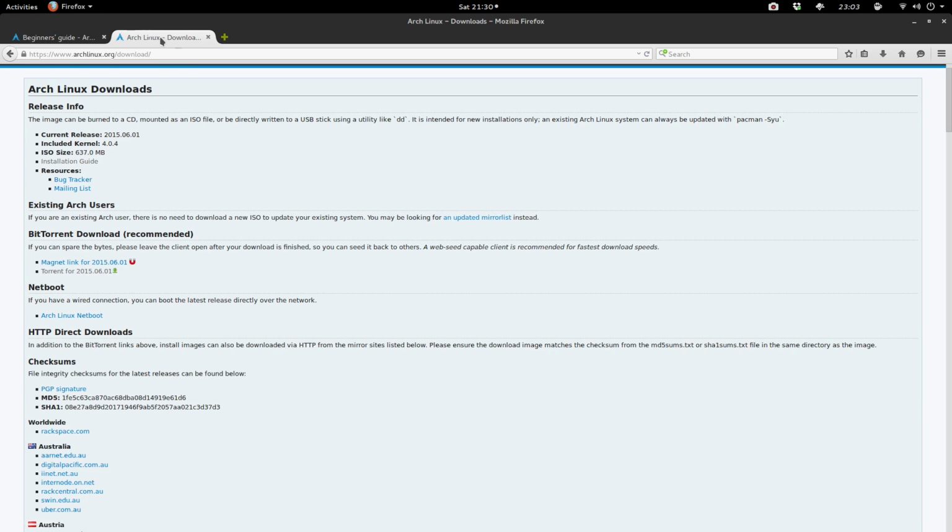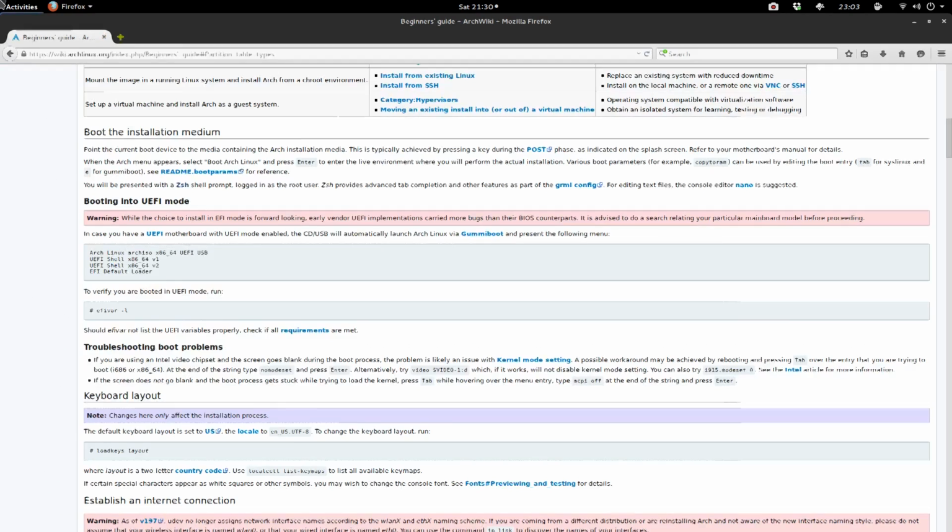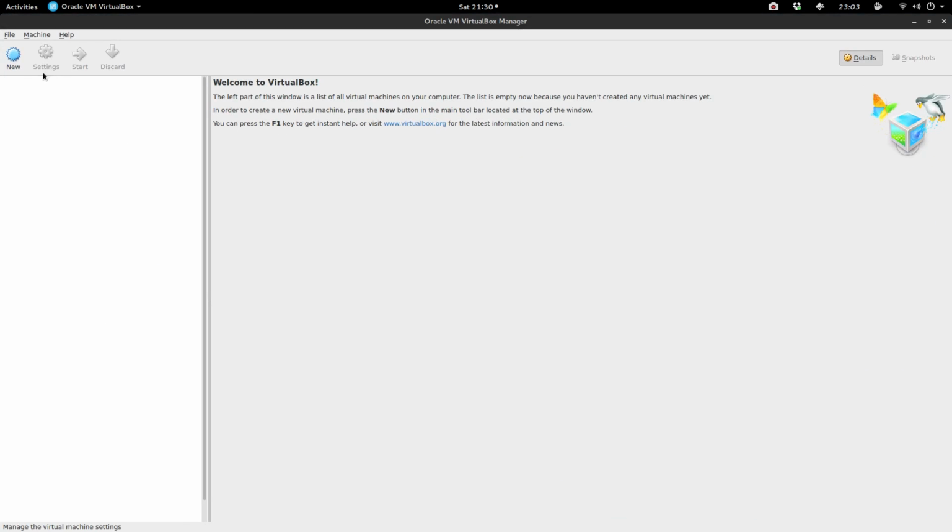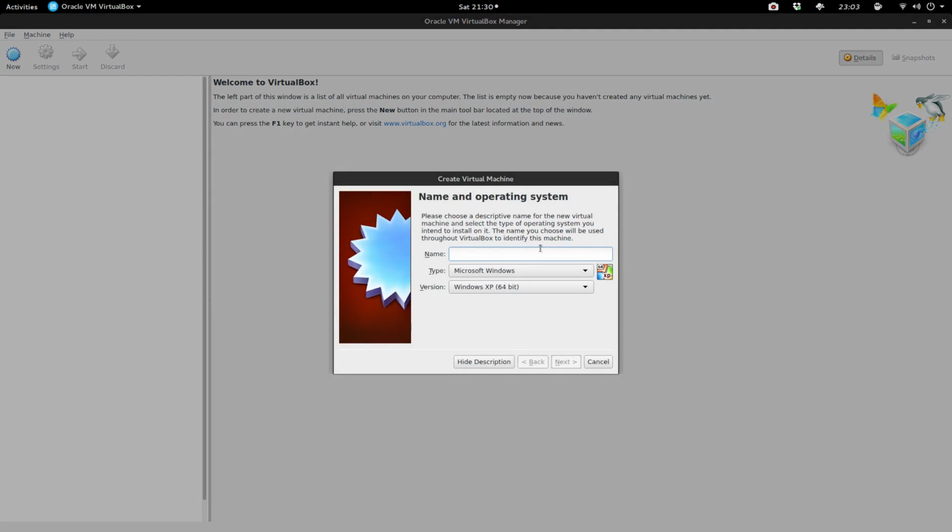So if we open up VirtualBox, in the last video I showed you how to install this under Fedora. You want to click New, and then all you want to do is type Arch Linux, and it should show up right there.